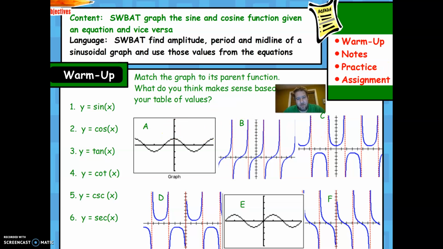Now, this is a quick warm-up of what you should have already learned in Algebra 2: sine always starts at the midline, so at 0 degrees it has a height of 0. If you think about the unit circle, it kind of makes sense. And if it's cosine of x, cosine either starts at the maximum or minimum. So that's this one. They're both sinusoidal, which means they have that wave pattern. They look exactly the same. In fact, if you shift them left and right, they would be exactly the same thing, which we'll get to